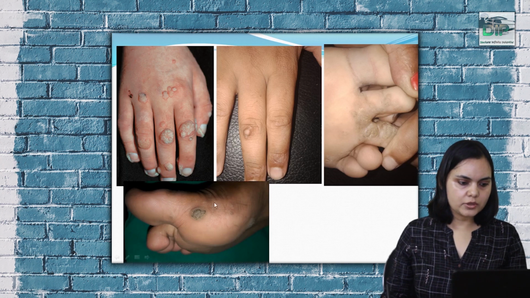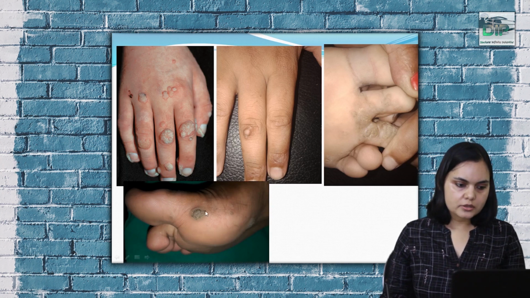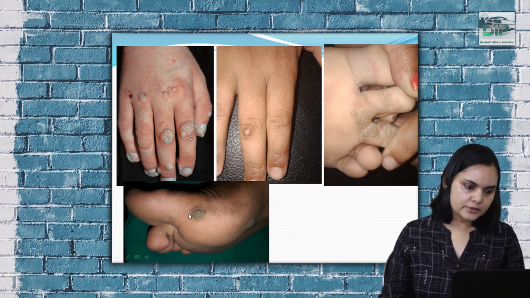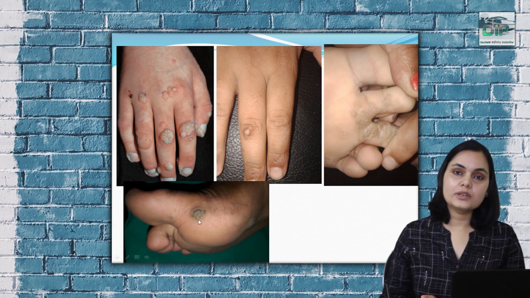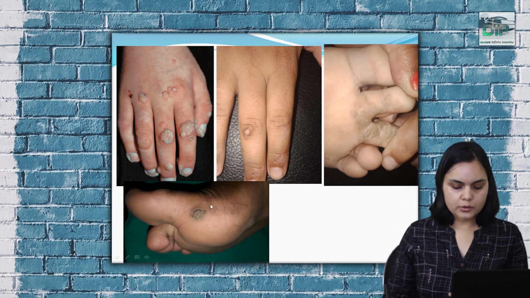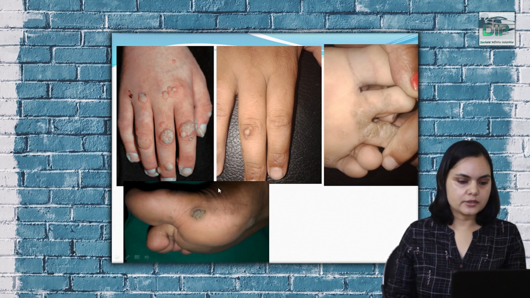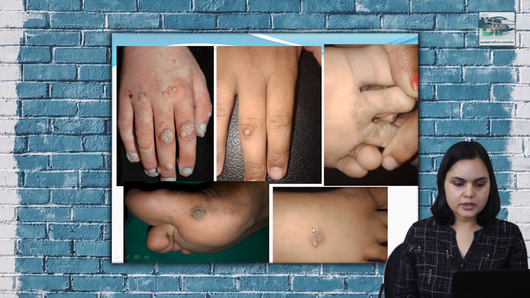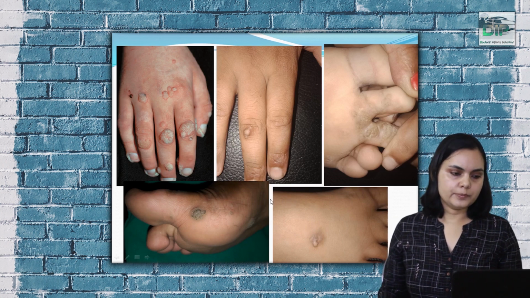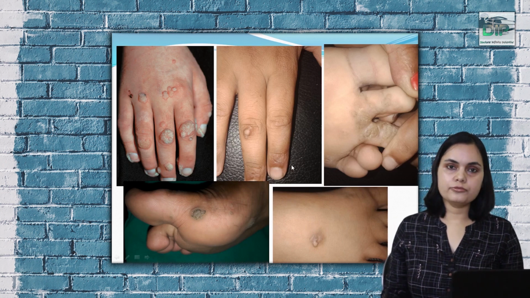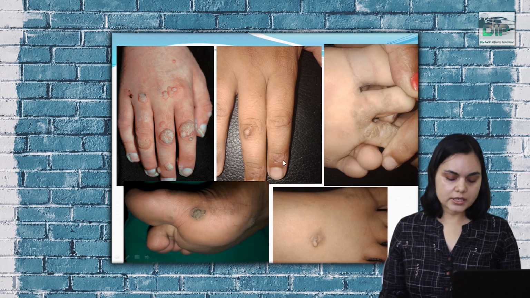In this picture again we can appreciate another lesion. If we zoom in on this picture, we can appreciate that there is discontinuation of the lines over the sole, whereas that will not be the condition in case of corn. Similarly, here is another lesion over the dorsum of the foot. These are common sites of common warts in children.